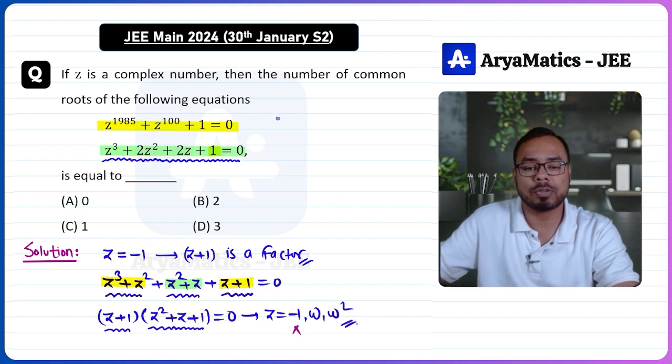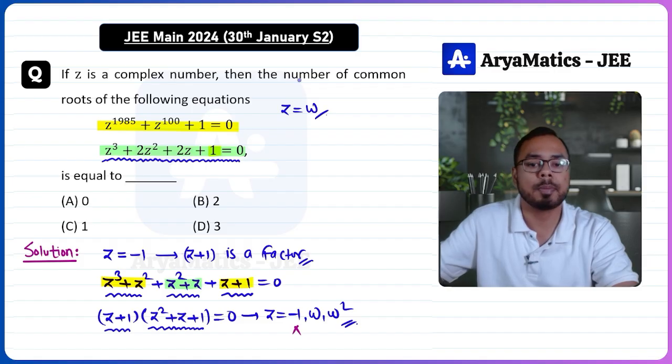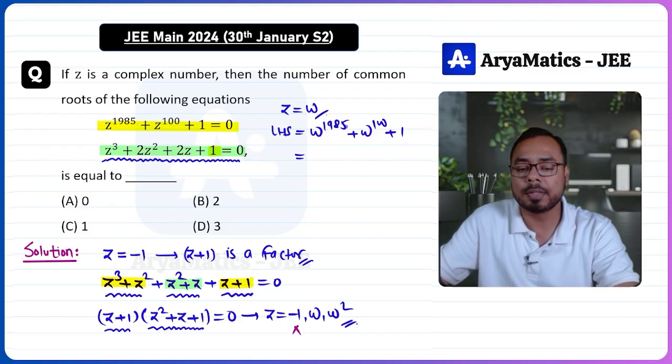If I take z as omega, let us check with z equals omega. Remember, omega cube is 1. So if I take z as omega in the first equation, the left hand side will be omega raised to 1985 plus omega raised to 100 plus 1. Now, because omega cube is 1, we can divide this by 3. And if I divide this by 3, the remainder will be